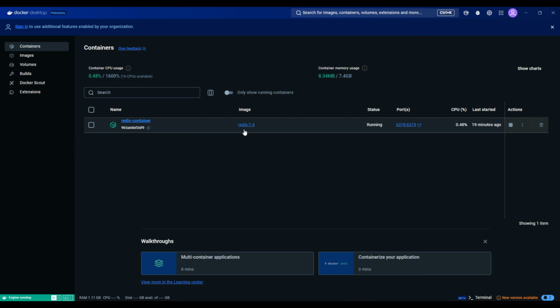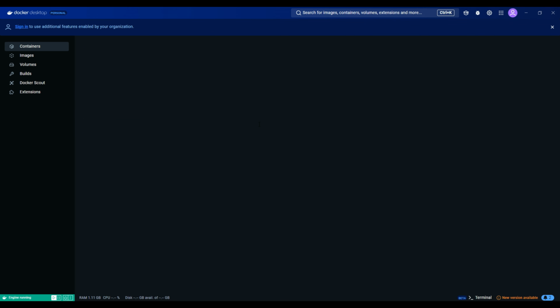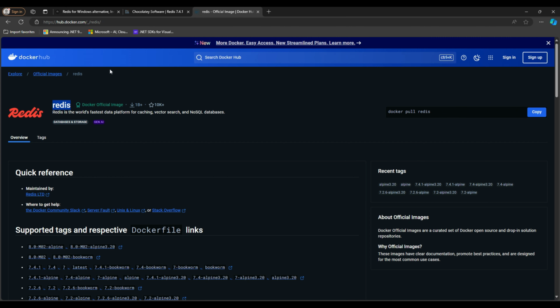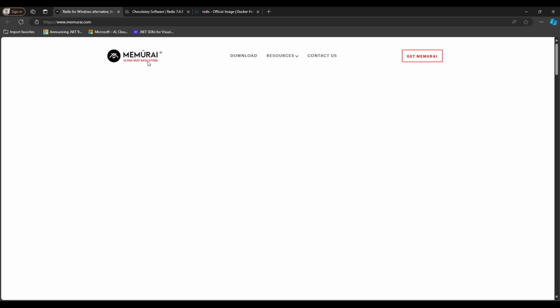Now, within this container, we have the Redis 7.4 image, which is the engine that powers our caching operations. Redis is fast, reliable, and well suited for scenarios where we need high performance data storage for frequent reads and writes. Also, if you don't want to use Docker, you can also install Redis directly on your machine.